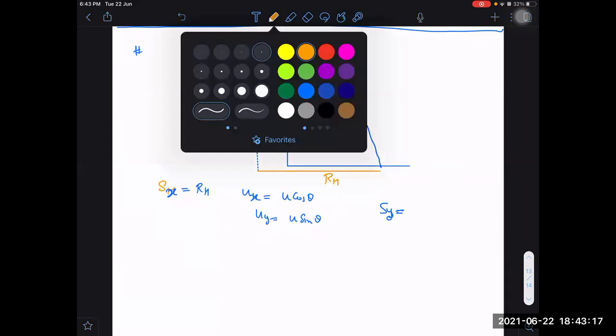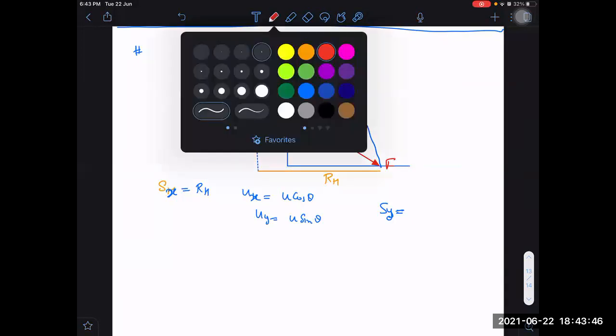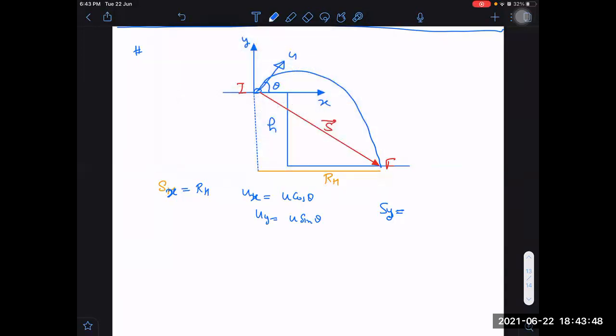What is the displacement along the y-axis? Is it the initial point? Is it the final point? Is it the total displacement or not? Yes, sir. I am asking, what is the displacement along y? What do I mean by that? I mean this component. What would that be? Nandu, please, nobody else will say, only you have to say. What would be that y component?